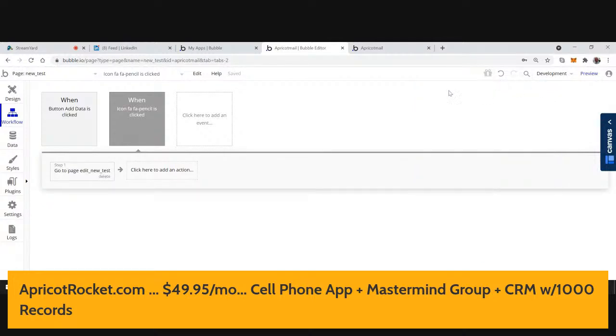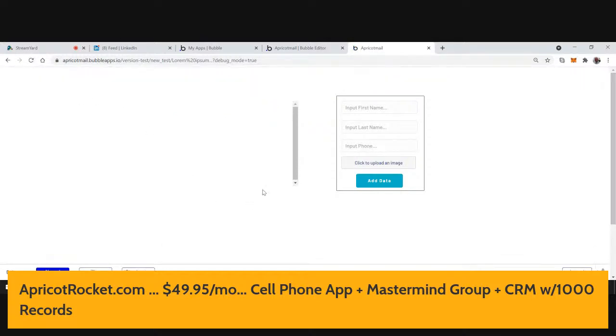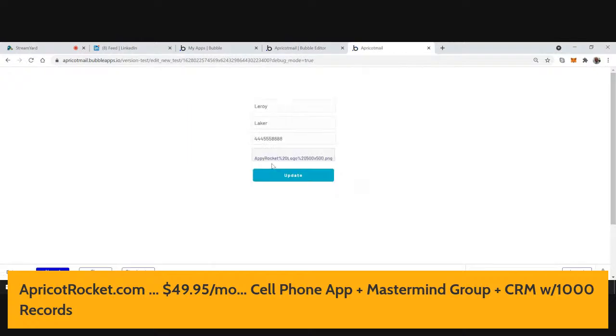Okay, so now I should be able to come over here and refresh this page. Now let's click on Mary Jacobs, and that'll take us to the Mary Jacobs page. But look what it got. It put in the first cell's value. So this is not actually what I want inserted in here.